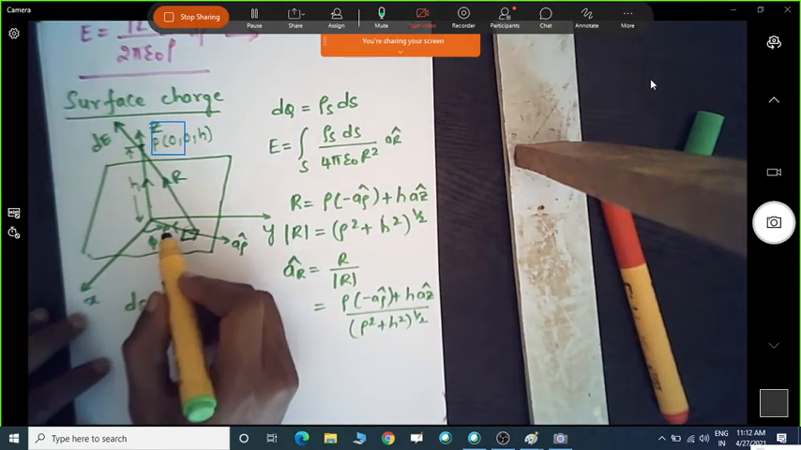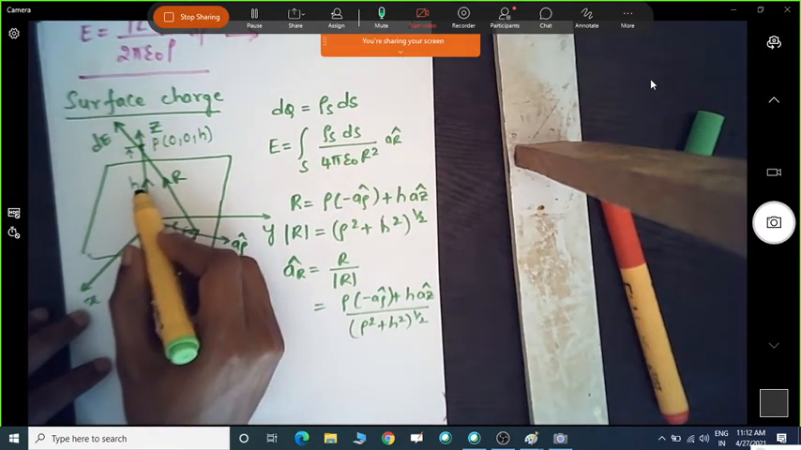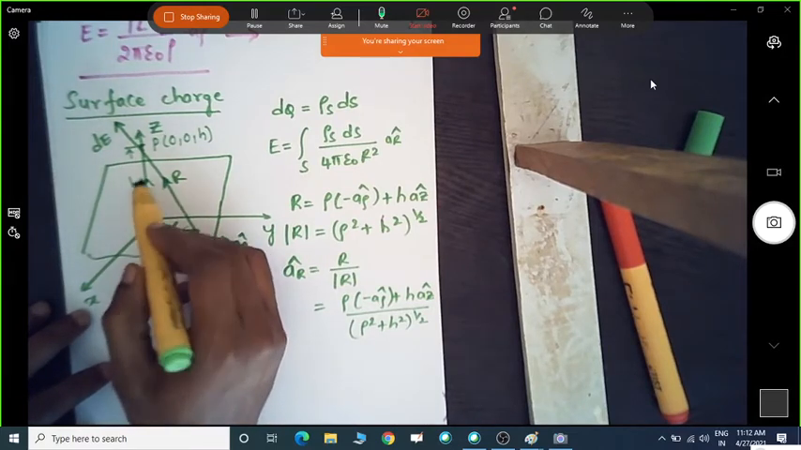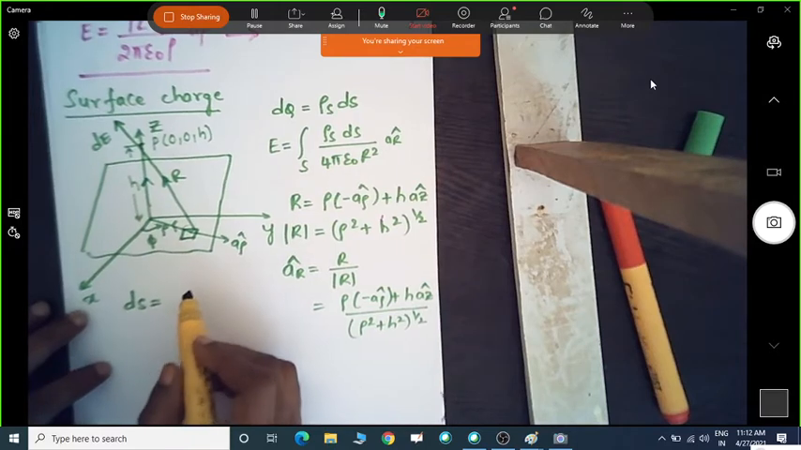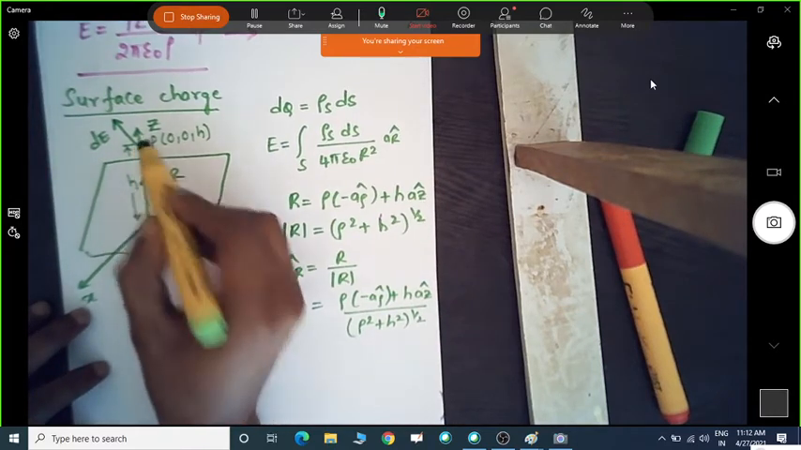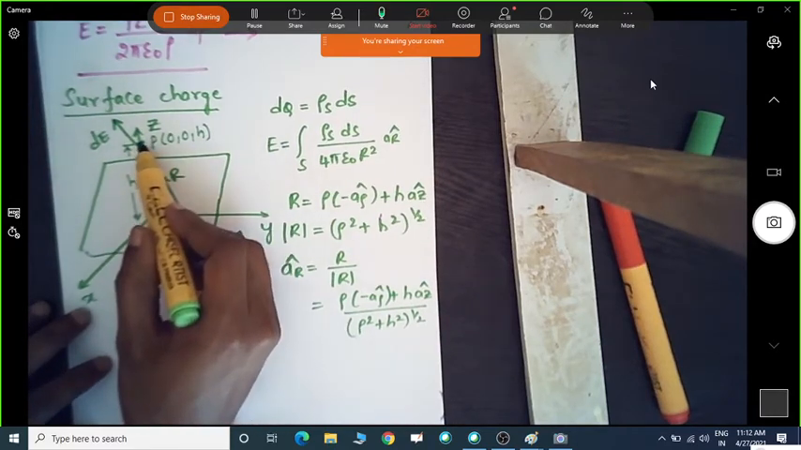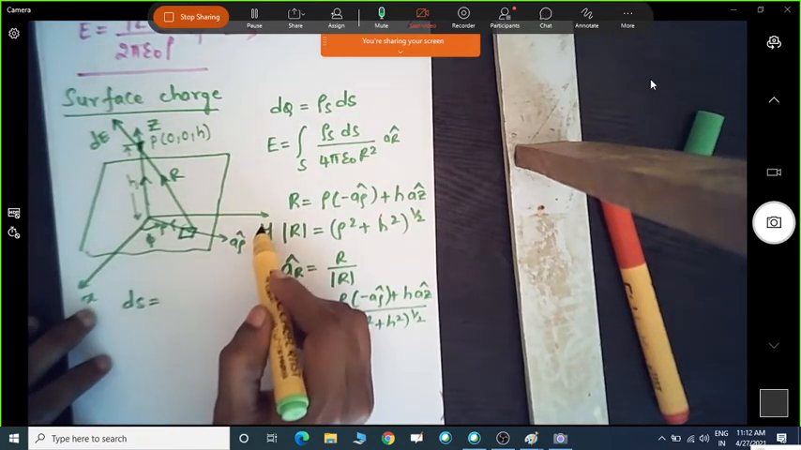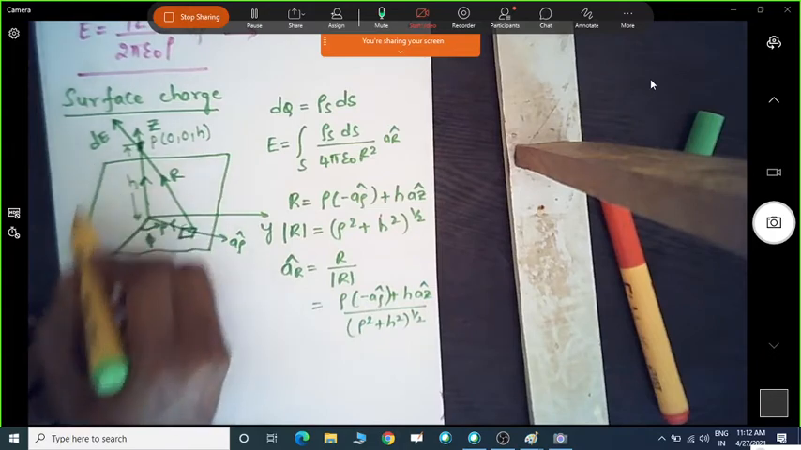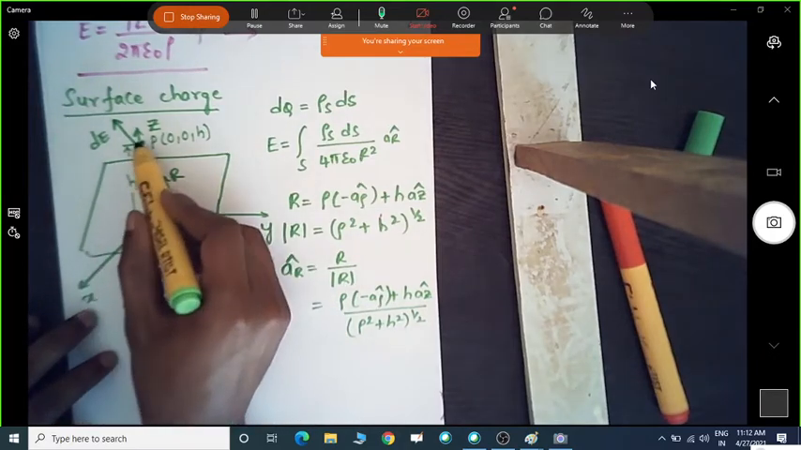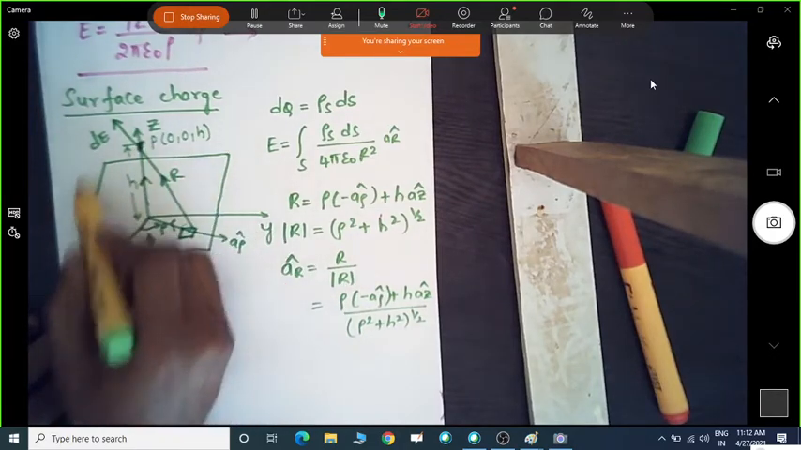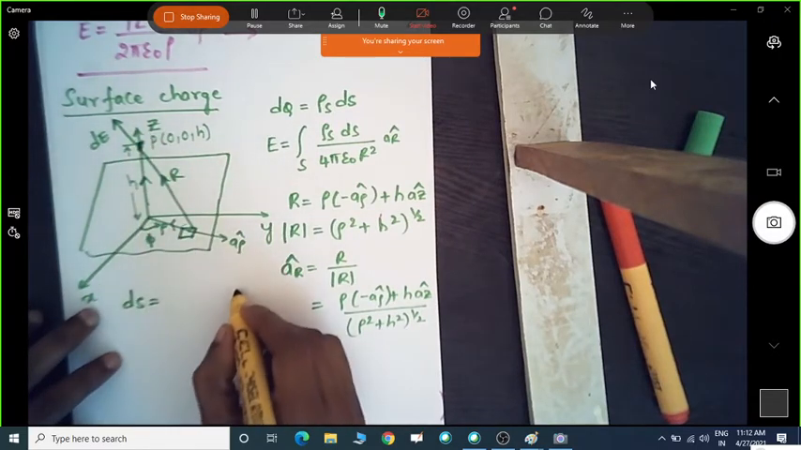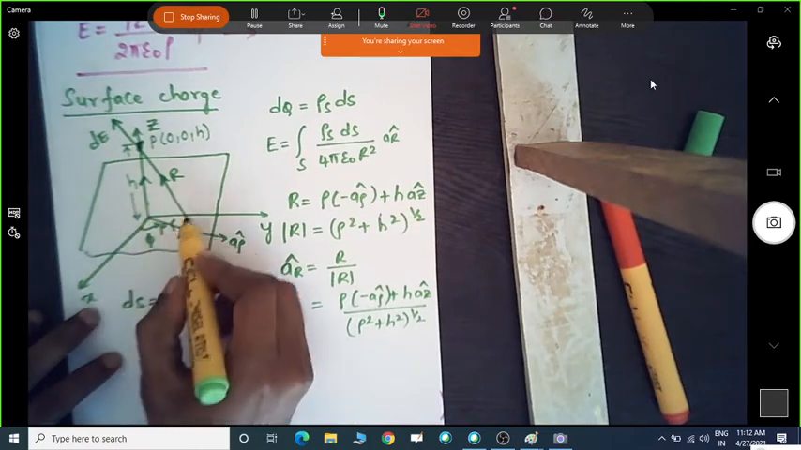Okay, so now we have only the rho and h components, that is, in the direction of rho and in the direction of the z component. But you can see the point which we have considered to find the electric field is always perpendicular to the xy plane. So we need to find the vector z component, the elemental surface area